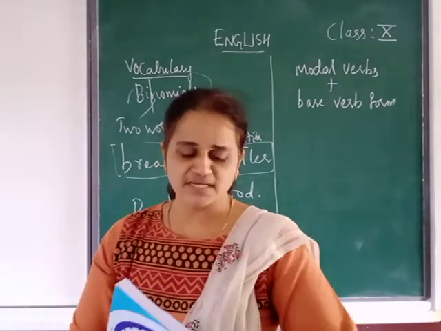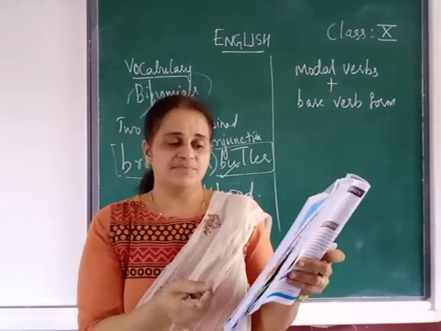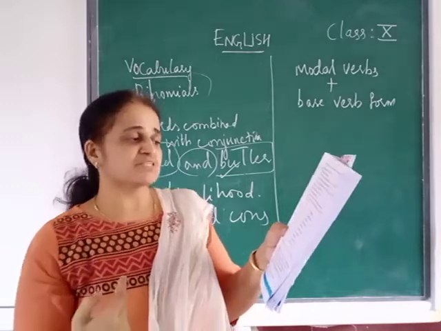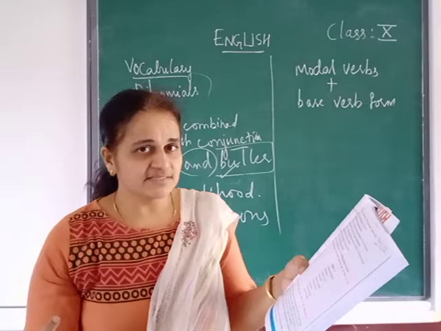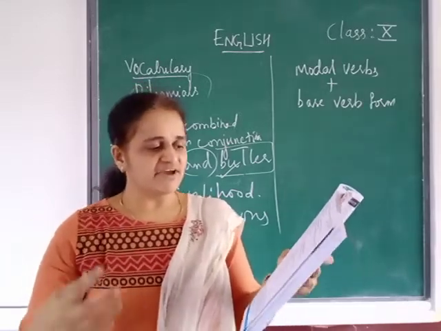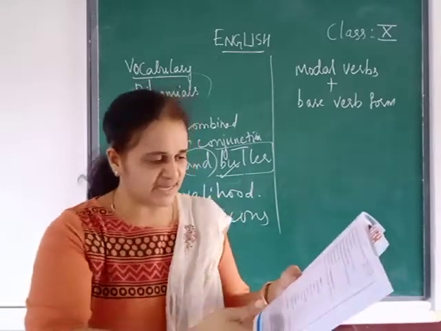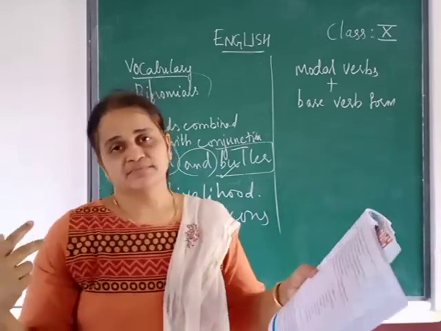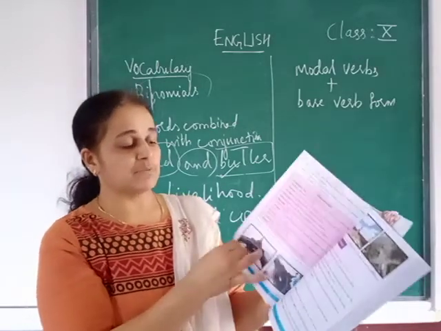So we will see the meanings. There are match the following exercises for the binomials. Part and parcel. Now you have to select the meaning from column B. Just check out which is the meaning of part and parcel. Did you find? Yes, an integral part. Rough and ready. Leaps and bounds. Bread and butter, I told you the meaning. It is there. Livelihood, B. So you have to find the meanings and fill in the columns on page number 119.